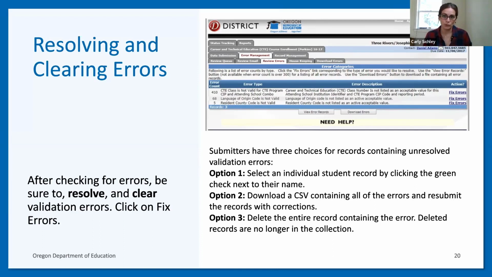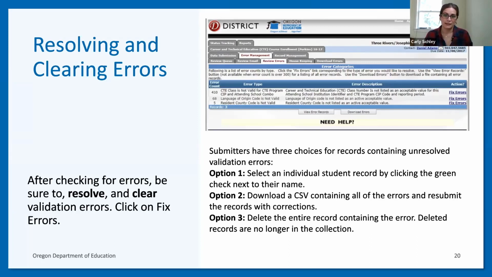You can also download the errors. You'll see there is an option in the tabs under error management for download errors. If you download the errors, it will give you a file of all of the data fields similar to what you submitted to us, but it will only be the records that had errors. You can make the adjustments on that file, fix what needs to be fixed, and then resubmit that file using the file upload system. And that should rectify all of the records that have errors. And then if there are any remaining ones, maybe just a couple, you could make those adjustments manually within the system.